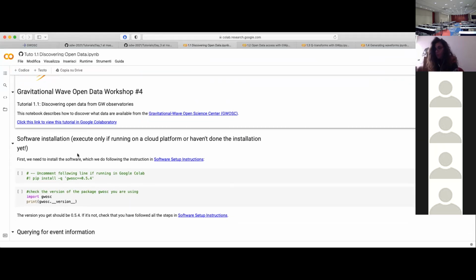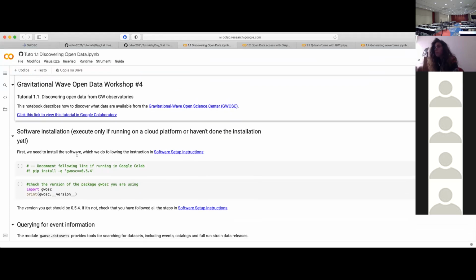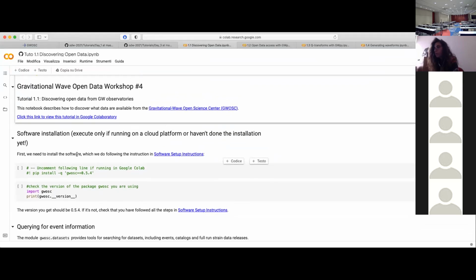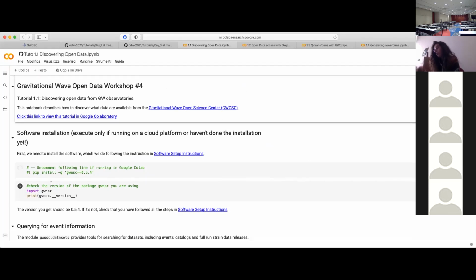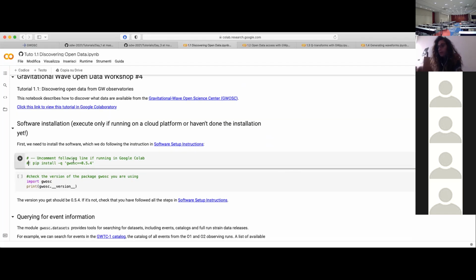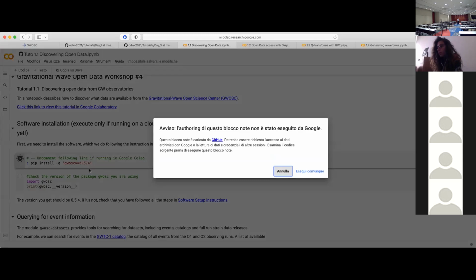I don't know how much you are experts of Google Colab, but I understood that the Python version that is run in Google Colab is Python 3, and then each time we have to install the specific packages we want to use. So, for example, in this case, we have to uncomment this line and install the Ghost package. The first time you run this, you will have